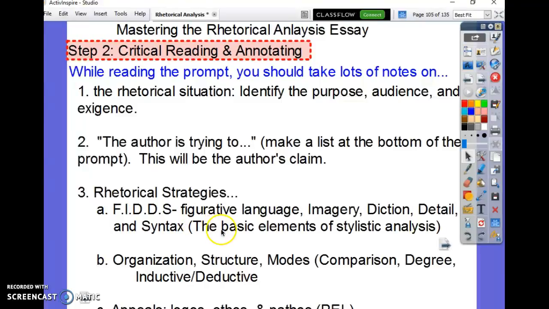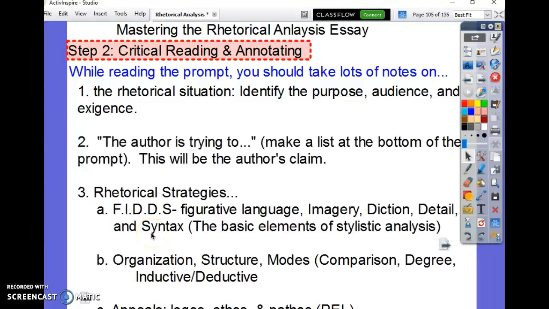Remember, it is easier to talk about any of these things than to talk about syntax. Sometimes syntax may be the big thing that you see, especially a couple of the easier ones like parallelism. Remember, that's the list that goes in the same order and looks the same. That would be something to talk about because it's really hitting you with all the examples. You could also talk about anaphora, which is the repetition of the first part of a sentence, like in Martin Luther King's I Have a Dream, because that's hitting hard with what he wants, and sometimes it's all-encompassing,